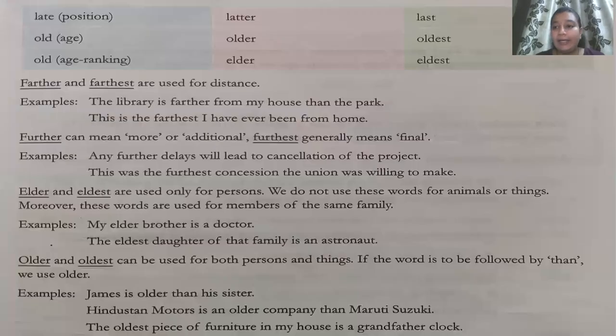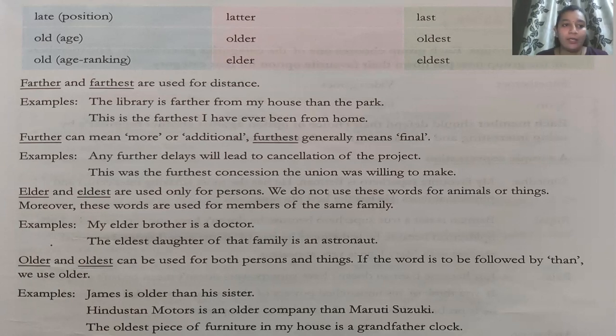Or else late can also be used in the form of position, कि जगह के हिसाब से कि वो person कौन सी जगह पे या वो चीज कौन सी जगह पे रखी हुई है. If we have to use late in the comparative form showing position, we will make it latter. Latter यानी कि जो बाद में आता है. We often say former, latter. Former यानी जो पहले आता है, latter यानी कि जो बाद में आता है, and last यानी कि सबसे last में, सबके बाद. So you understand that the word is same, late, but it is used to portray different meanings by using different forms of adjectives of comparison.